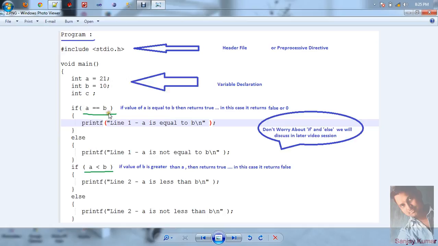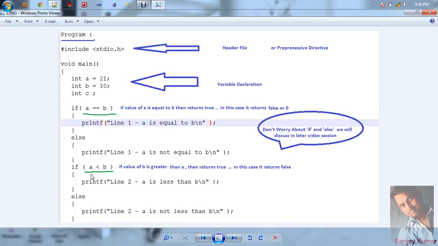And if it returns false, then the else condition executes. In a later video session we will discuss the if and else conditions. Just concentrate on the returned values. If it returns true, then this statement executes. If it returns false, then this statement executes. For this condition, line 1, a is not equal to b, the statement executes.